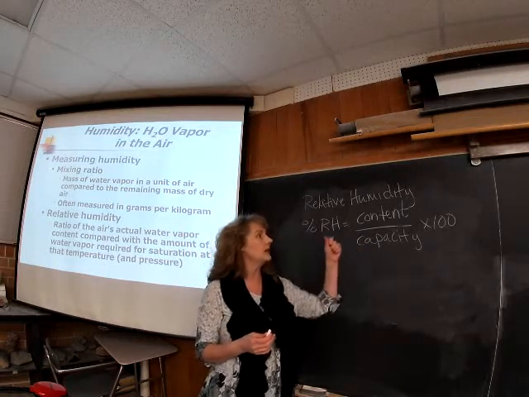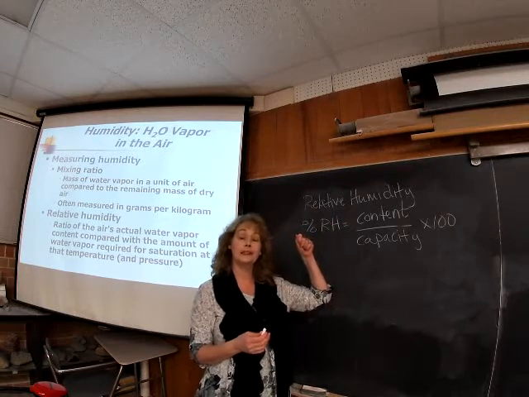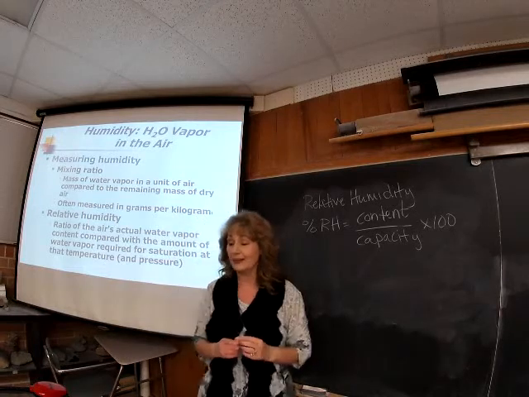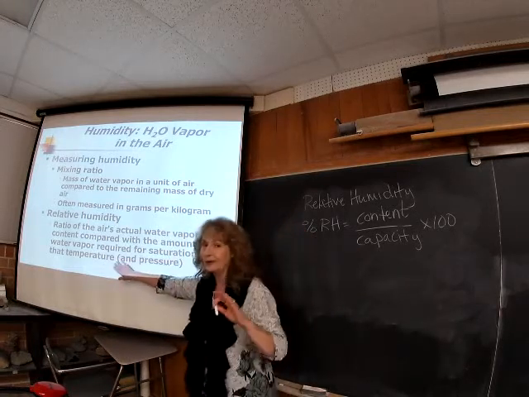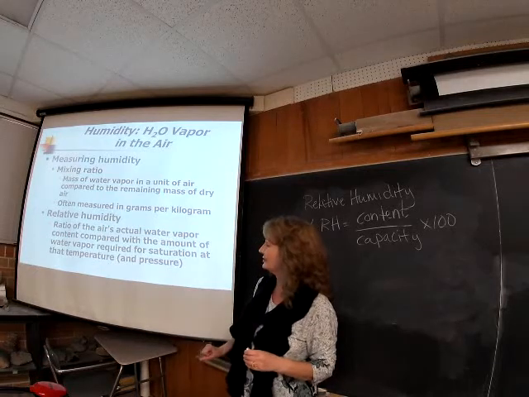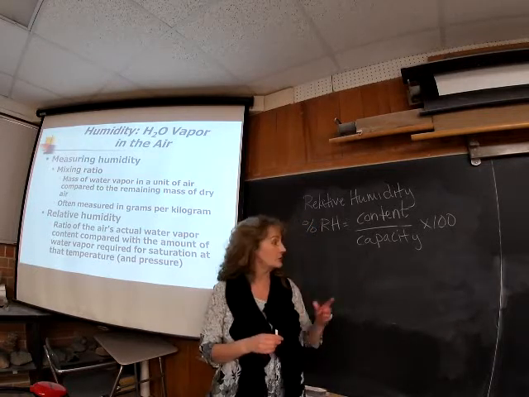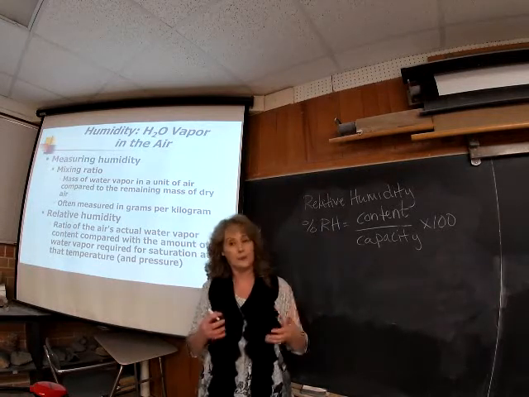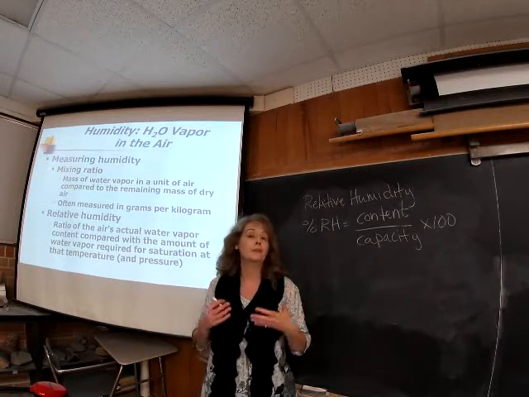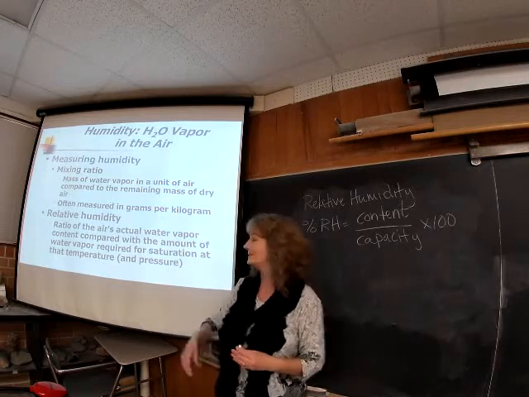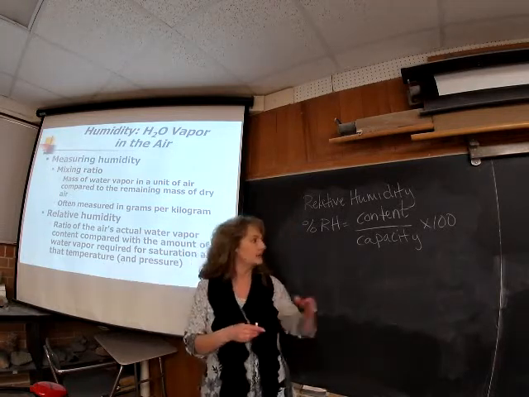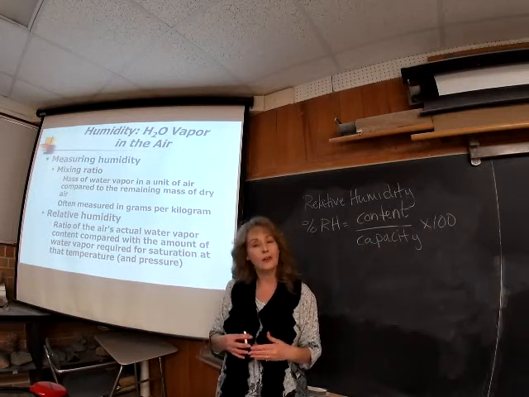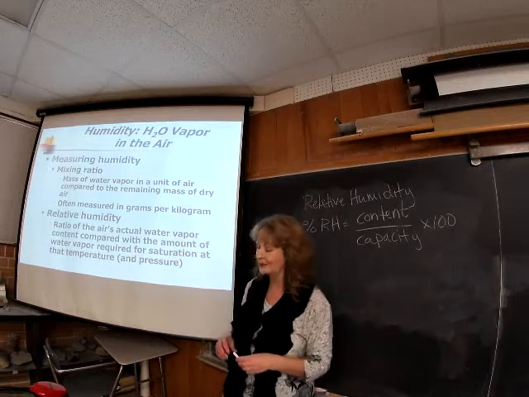So you've got a capacity. So what the actual water vapor content is compared to the capacity at a particular temperature, right? And for a particular temperature and of course pressure, in order to make that saturated, that would be capacity, okay? And then you're looking at, well, how much do we actually have versus what the atmosphere could hold at that specific temperature? What would be the maximum saturated capacity? This is how we calculate relative humidity, percent relative humidity.